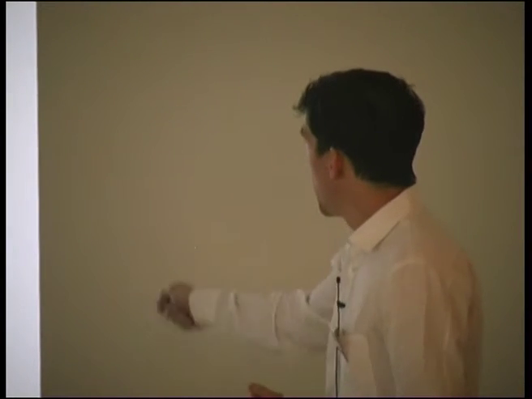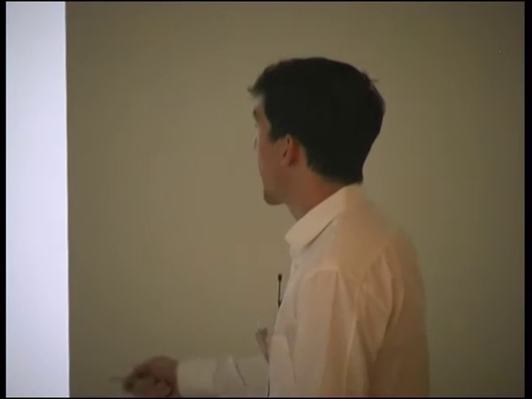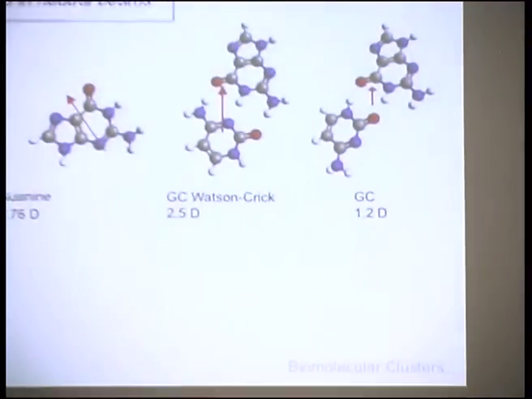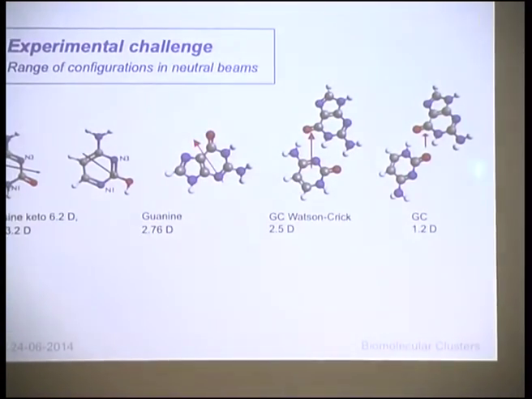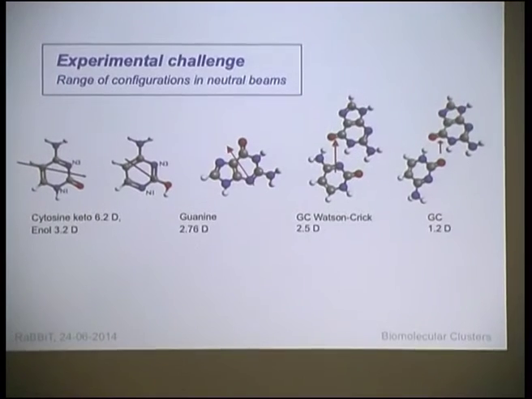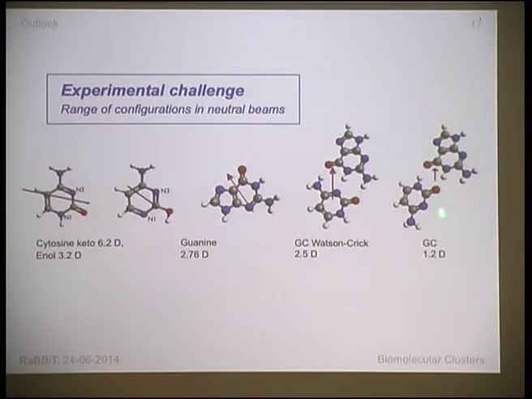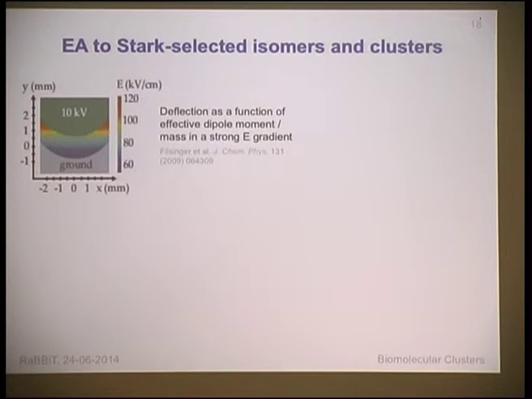But if you produce any normal cluster target, you're going to get all of these other species as well. You're going to get the two common isomers of gas phase cytosine, you're going to get guanine as well, and you're going to get an alternative dimer complex of guanine and cytosine, which isn't biologically relevant. So we've built an experiment,